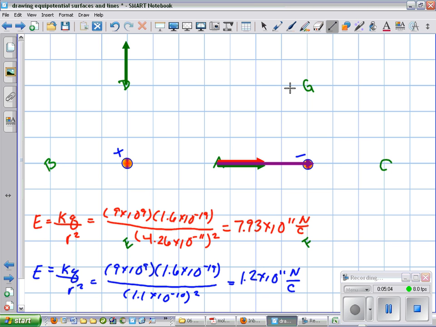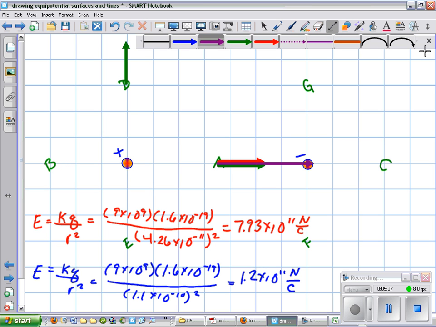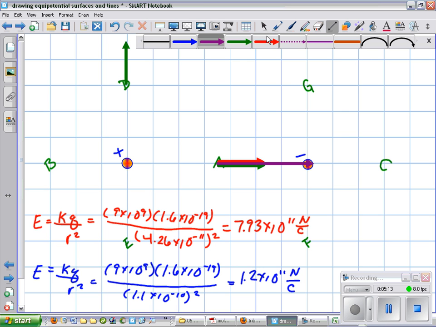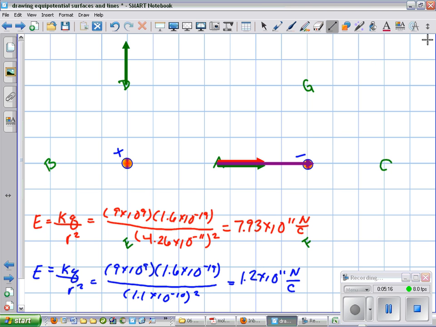And the electric field contribution, let's change our color here, from the negative charge, see we used red last time, stick with the same color scheme here, from the negative charge, from positive towards negative, so I'm just going to point directly towards the negative charge, but it's going to be smaller, because remember our line was about 1/7 as long. These aren't to scale, but you get the idea. So what we need to do is find the x and y components of this one, and the x and y components of this one, and add them together to get our total electric field vector at